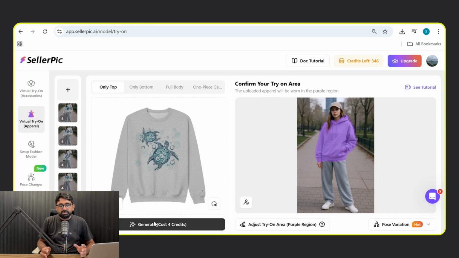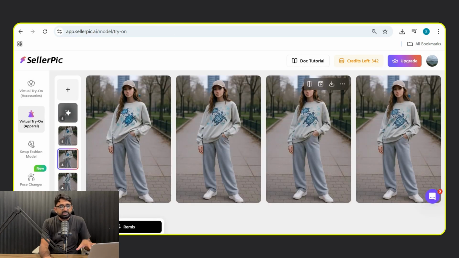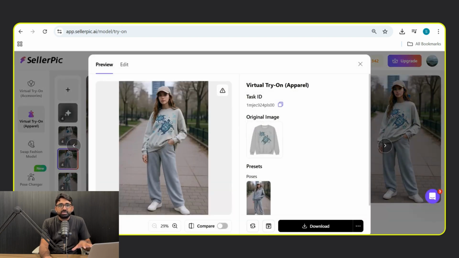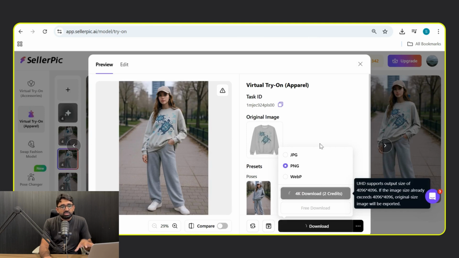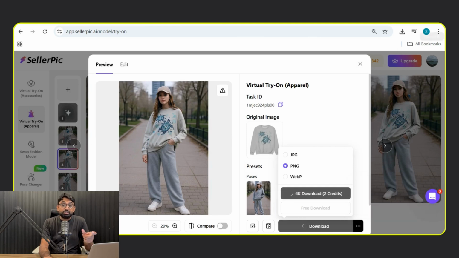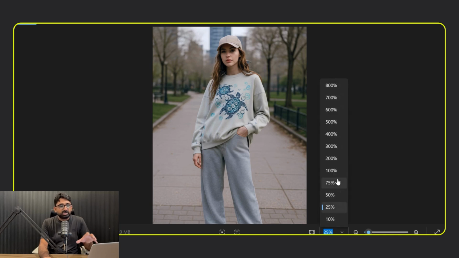And it will take some time and will provide you 4 images. Now these are all 4 images which have been created using SellerPic try on feature. Now if I go into this image, I will download this image in 4K and I will show you how it exactly looks in comparison to the Nano banana image which we have created already. Now as you can see, this is the exact image which I have downloaded using the SellerPic try on feature,